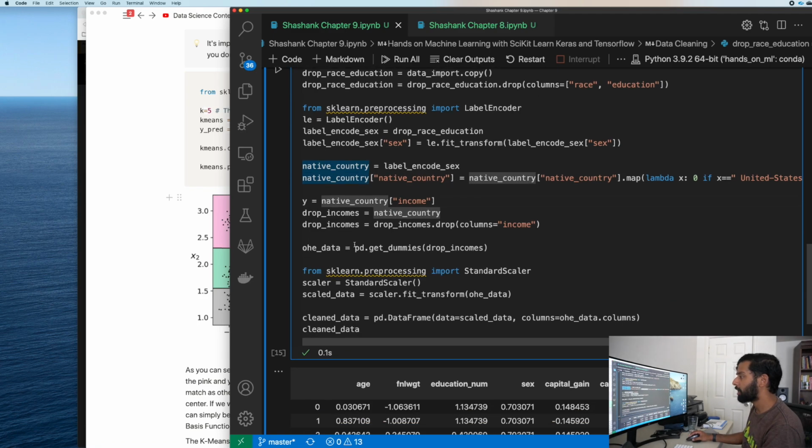And then one hot encode data. And then this is something interesting I found out fairly recently. The Scikit-Learn method, obviously you have to remember the import, like from preprocessing, whatever it is, bring in one hot encode.